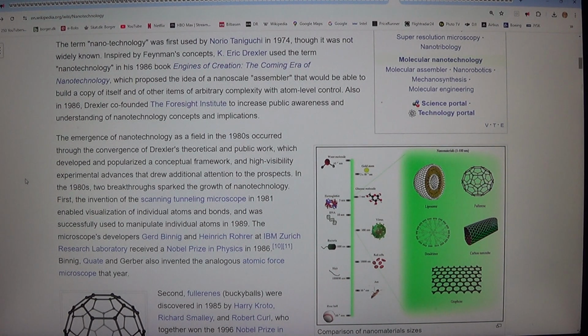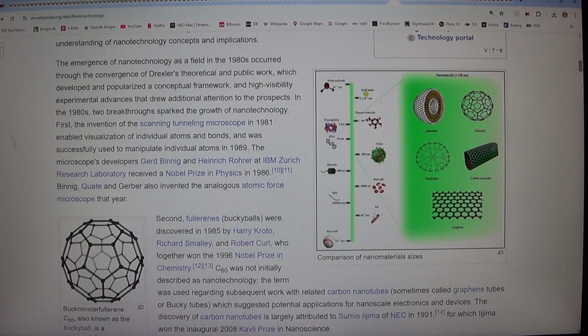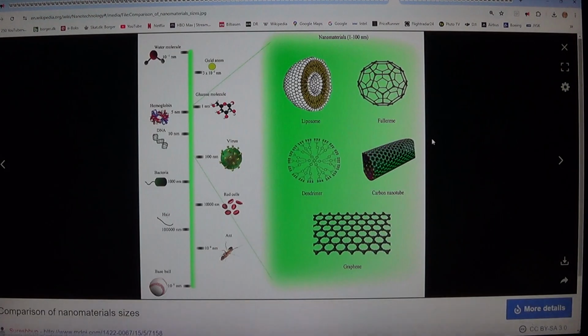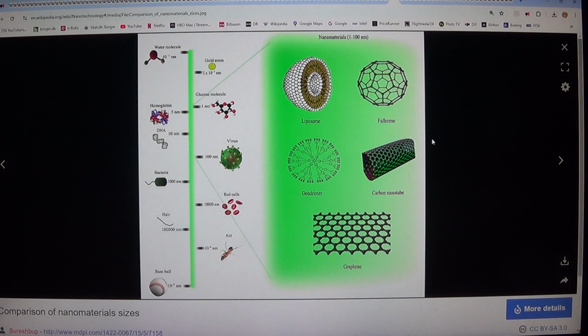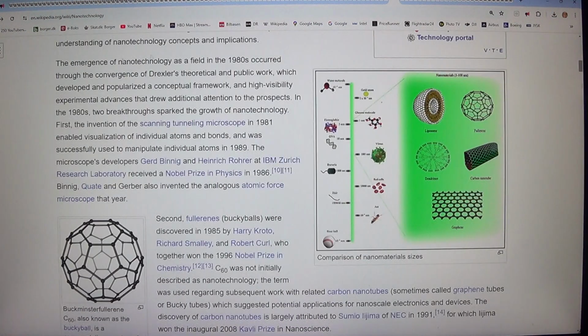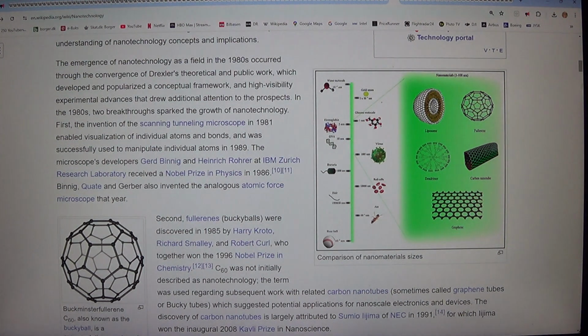The emergence of nanotechnology as a field in the 1980s occurred through the convergence of Drexler's theoretical and public work, which developed and popularized a conceptual framework, and high-visibility experimental advances that drew additional attention to the prospects. In the 1980s, two breakthroughs sparked the growth of nanotechnology. First,